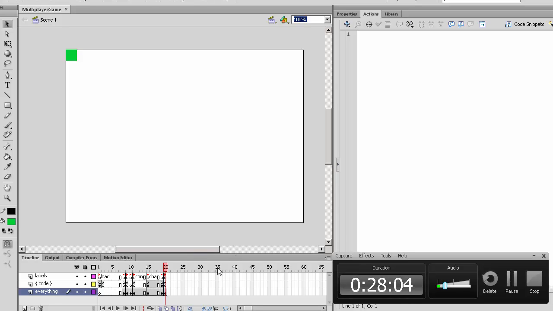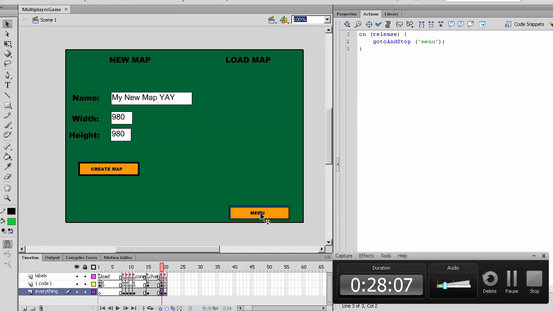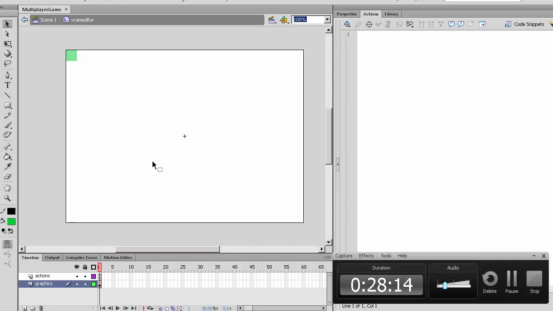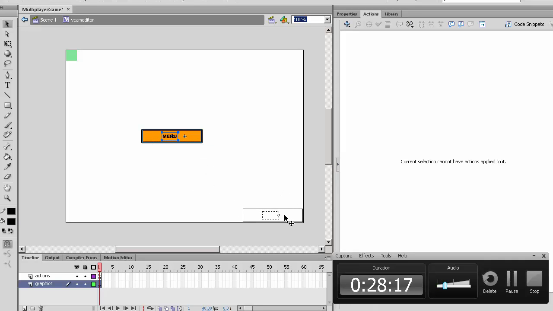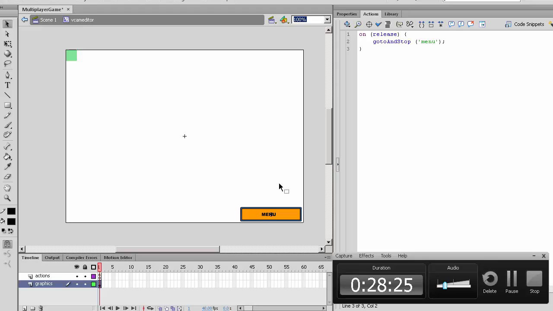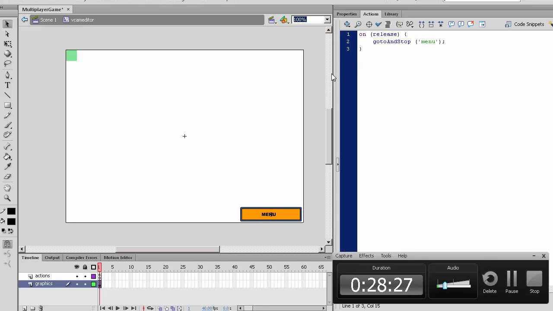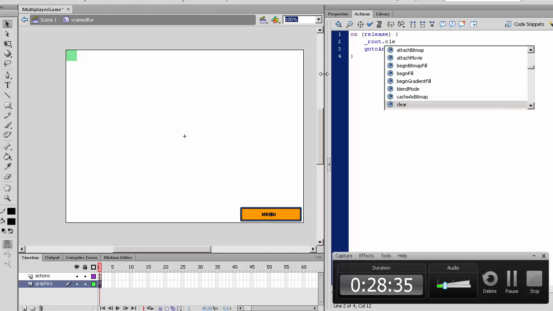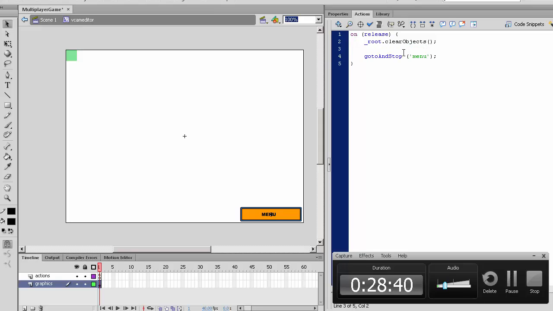One more thing before we leave, just take this menu button, copy this, and here go inside of our VCAM and put it inside here, so that no matter where the VCAM moves, we'll still see this menu button. And instead of just going to the menu, we want it to clear every object. So we can make a function root.clear objects, then set